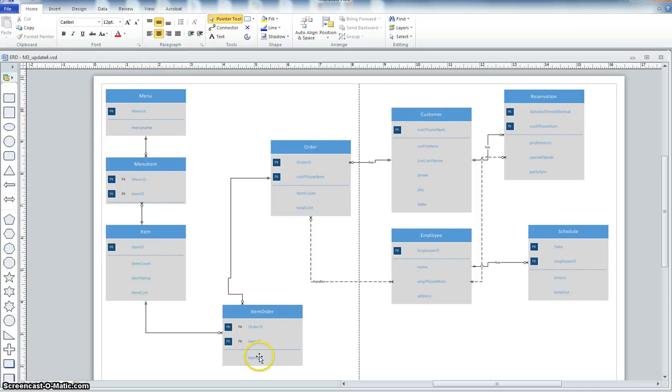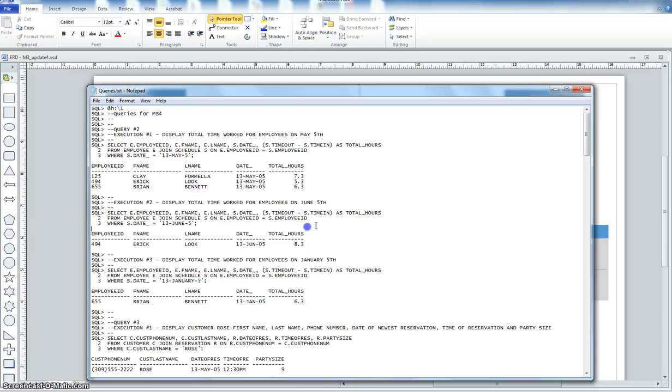Alright, we'll now be going over to the queries. Here's our spool from our queries that we ran. We selected the best 6 that we felt fit our business needs. The first query we have here is displaying the total time worked for employees on a specific date. This allows us to check payroll essentially, which would be a necessary view and function of the manager